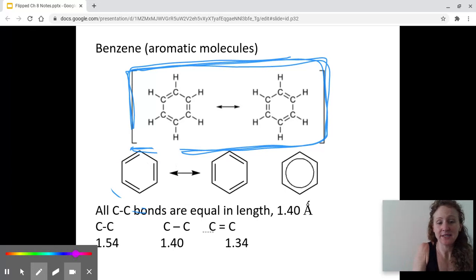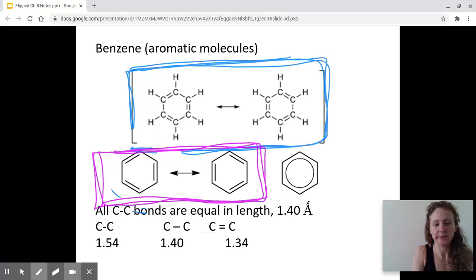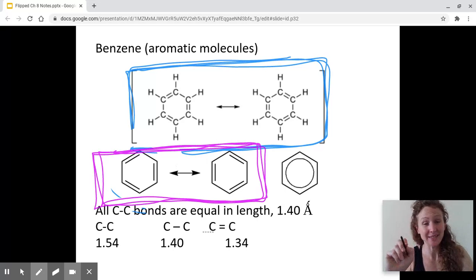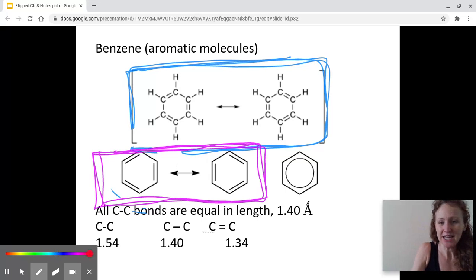Notice they still have both of them drawn out here. The double bond just becomes 2 lines. The single bond becomes 1 line. Each point in the line is a carbon, and then hydrogens just get dropped off. They figure you can figure out hydrogens if you really care about them. Or they draw the molecule a third way to draw it in organic chemistry, not in our chemistry, is this